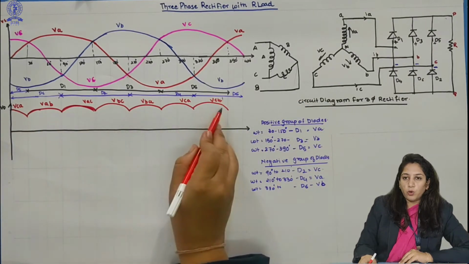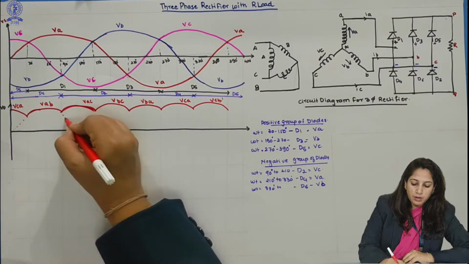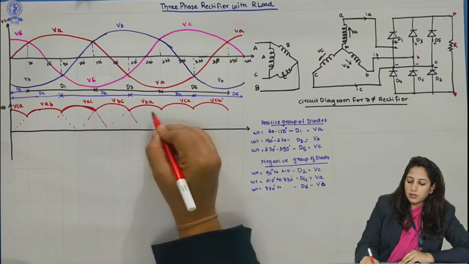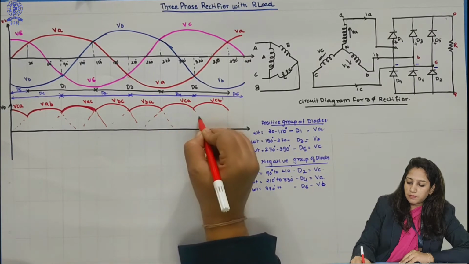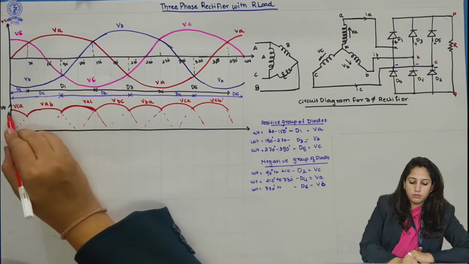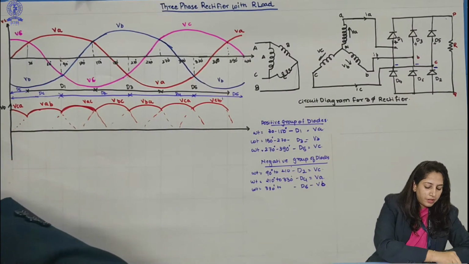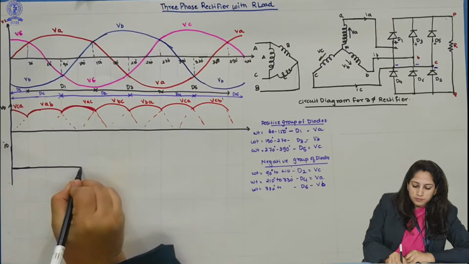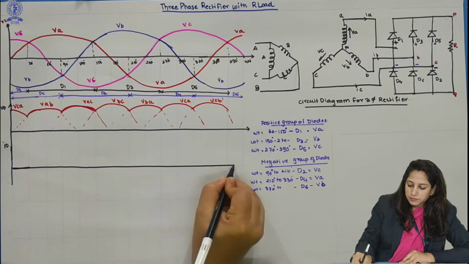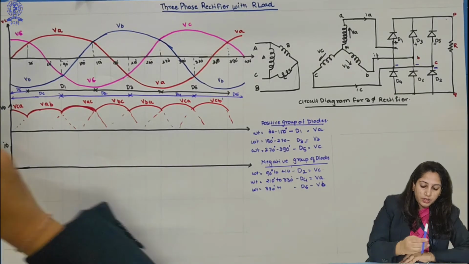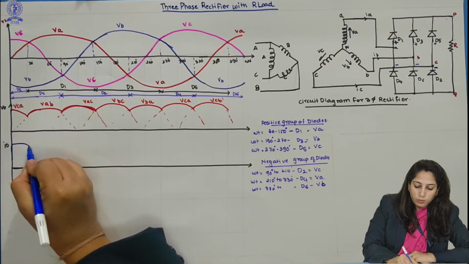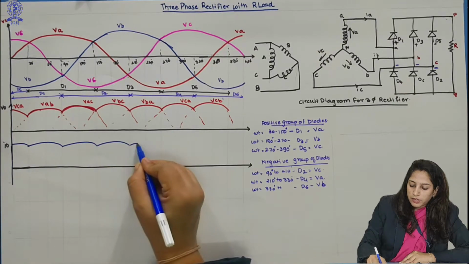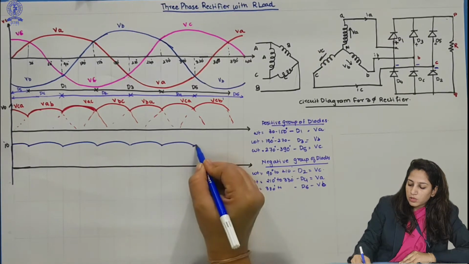So this is our output voltage. Actually it is in this manner, but we will get very few ripples here. So this is the actual output voltage. Similarly, if I draw the output current, I will be getting it in a similar way to the voltage, because here I have used a resistive load, not an inductive load, and so I will get few ripples in this. So this is my current.